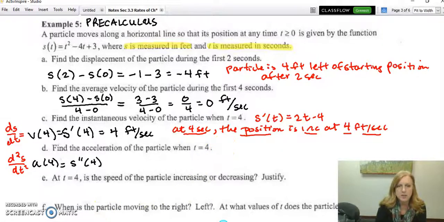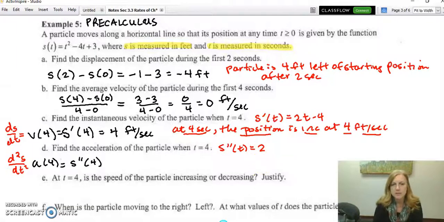Again, over here, I like to show the formula. So s double prime of t would simply be 2. It's constant. So our acceleration is constant for the entire problem. The acceleration is going to be 2, and it is going to be feet per second squared. If you are going to do your units, because it's feet per second,